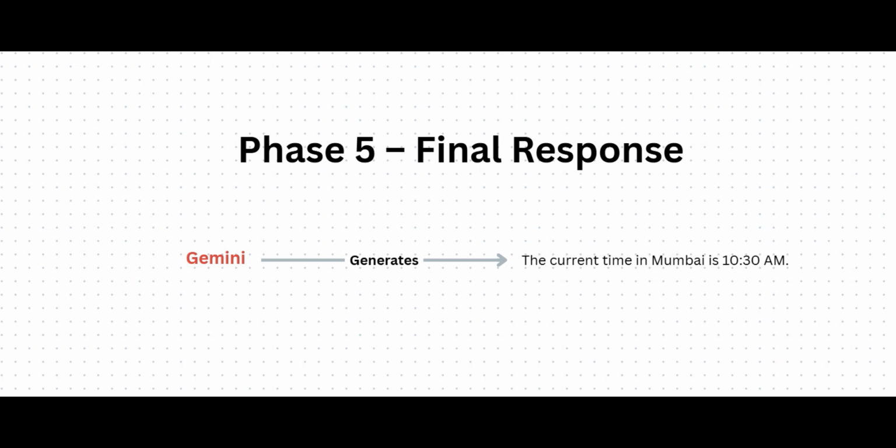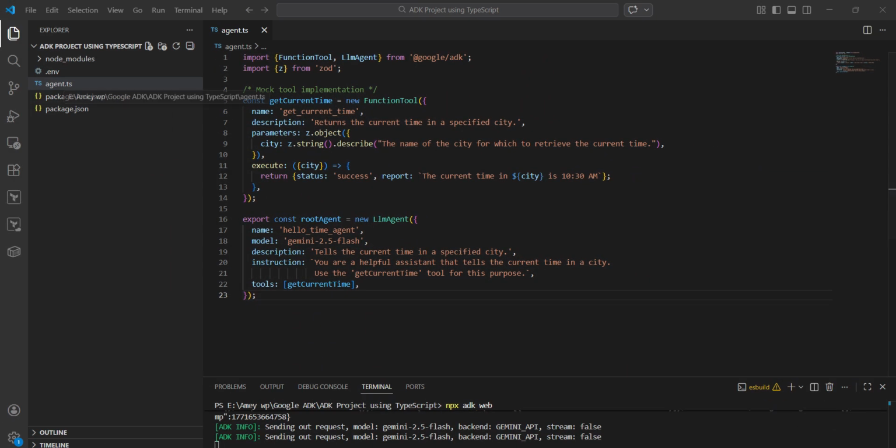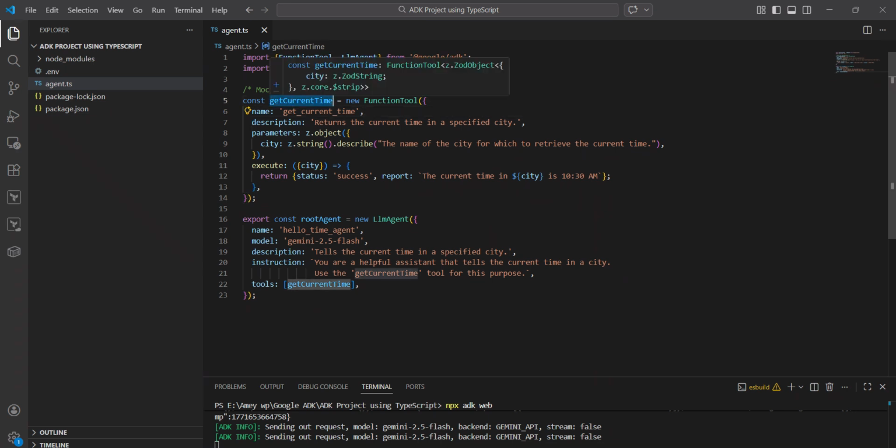So this will be just a quick refresher so you can connect the theory we just discussed with the actual implementation, and after that we'll move to the localhost UI and test the agent in real time. So now if you see, we have set up this ADK using TypeScript in the local system, and this is the folder structure. The agent.ts file is the entry point or the root agent. We have created the mock tool implementation, the function that is get current time, and then we have defined